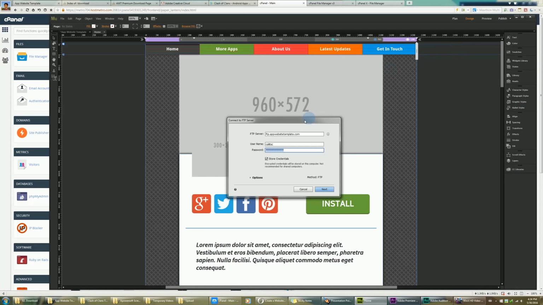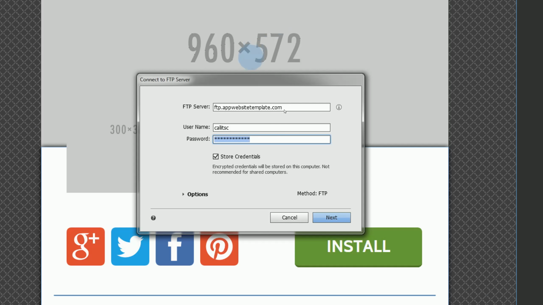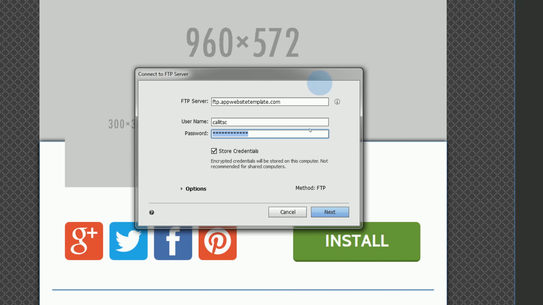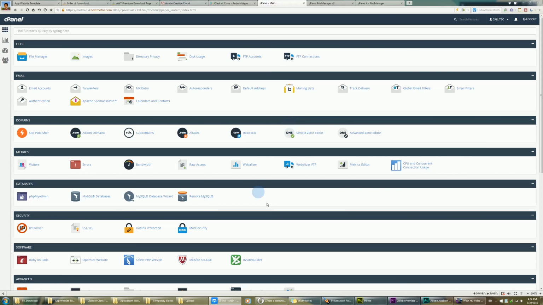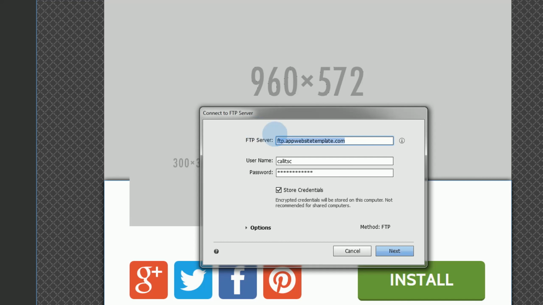Once you press the publish button, you will see a dialog box that looks something like this. You will see a box for FTP server, and then also a username and password. For the FTP server, if you use cPanel for your hosting, then it should just be ftp.yourwebsite. And for username and password, use the same username and password you use to log into cPanel, and that